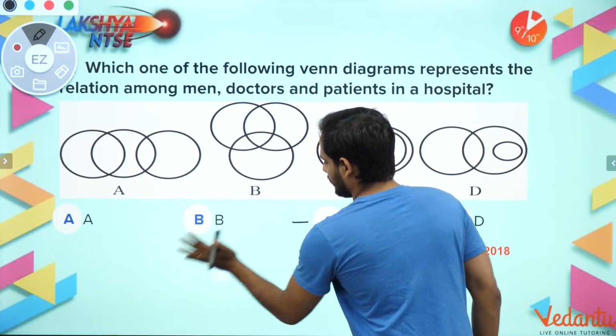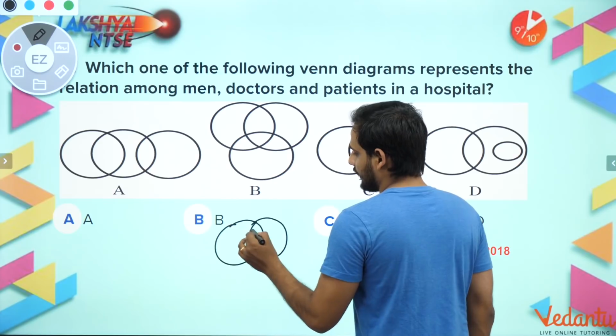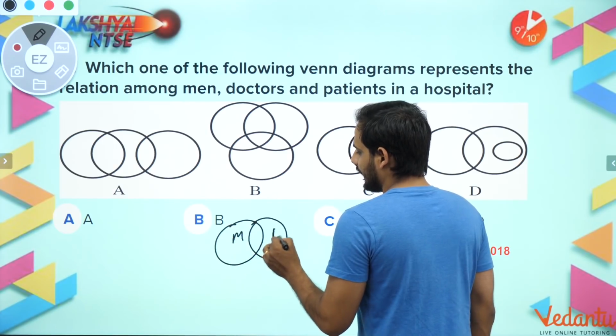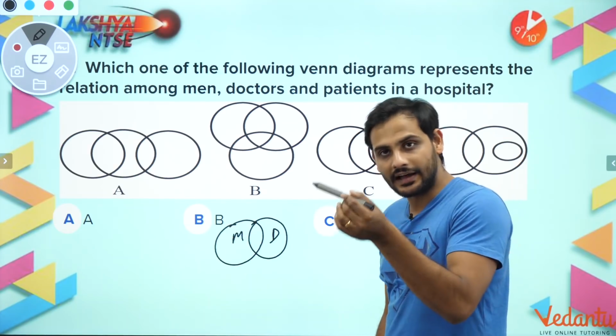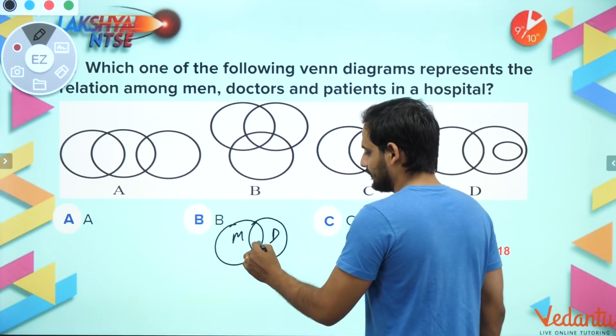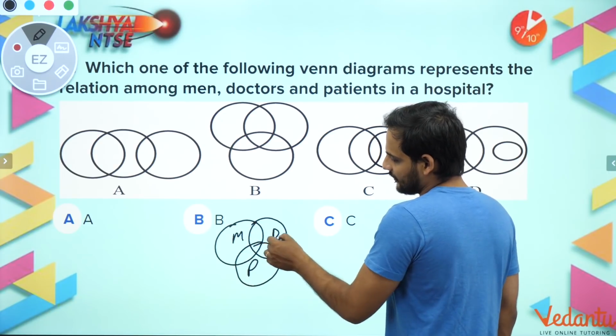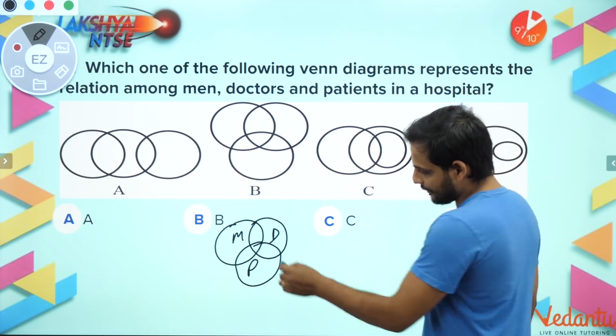So what will we say, sir? Some men are doctors, and some patients are men, and some patients are doctors. So I will say like this: some patients are men, some patients are doctors. And this is the part which is saying